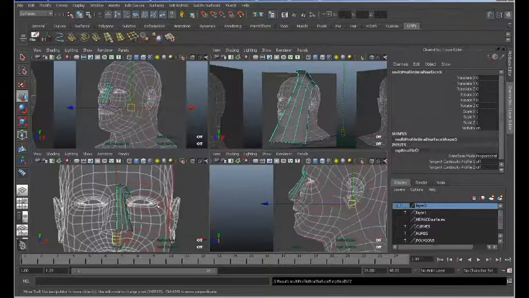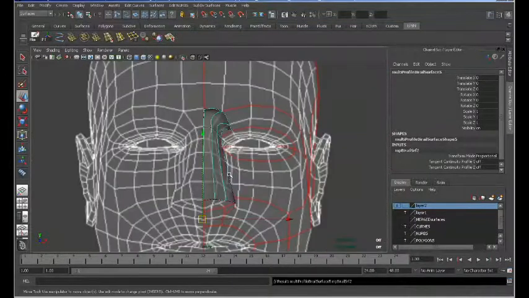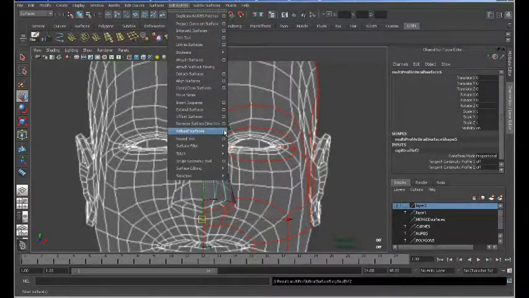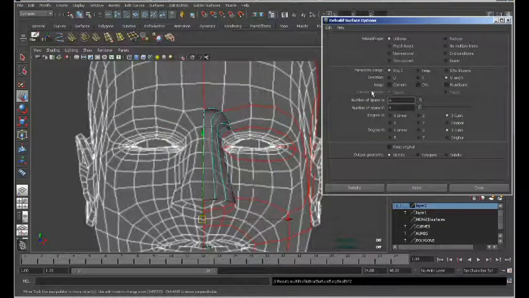in here, rebuild that to add my additional edge loops in here. But you can see this curve is not quite the way that I would like it to be. So this particular object is going to take a little bit more time to manipulate into place. First thing I'm going to do is go ahead and rebuild this surface and put in enough edge loops to be able to cover that